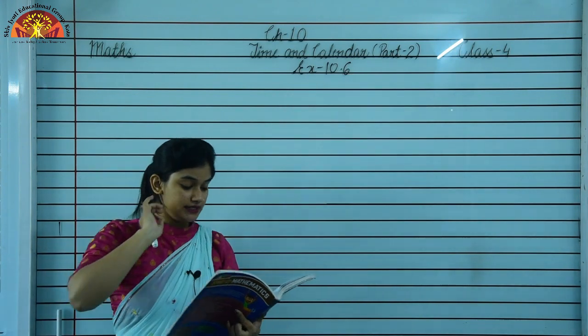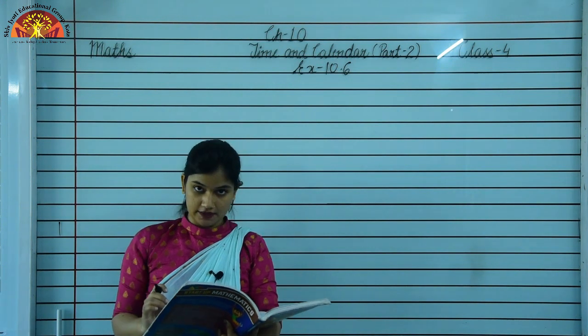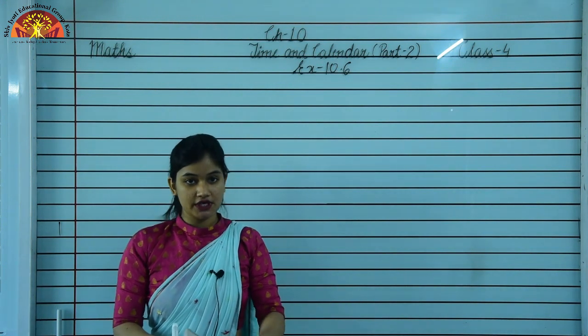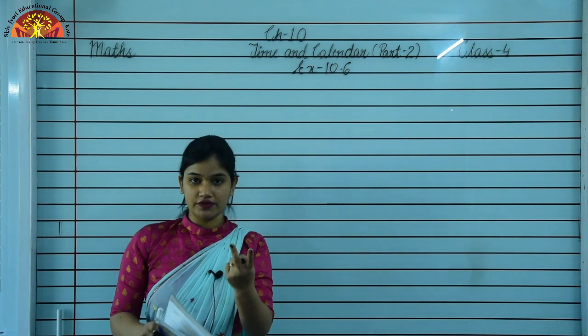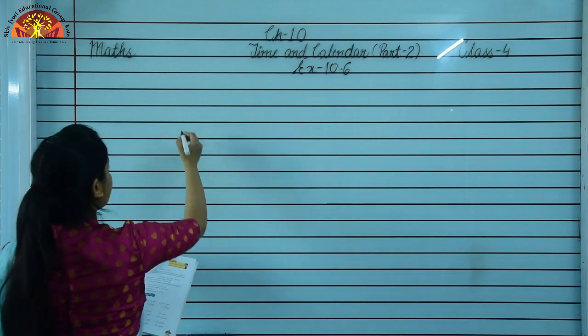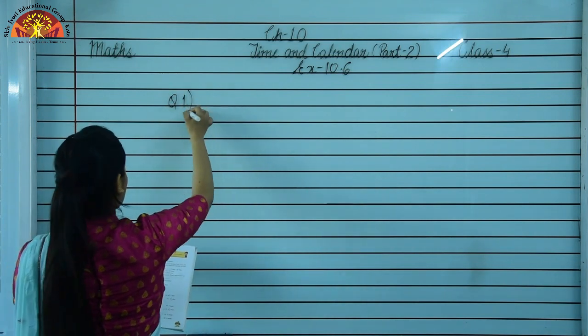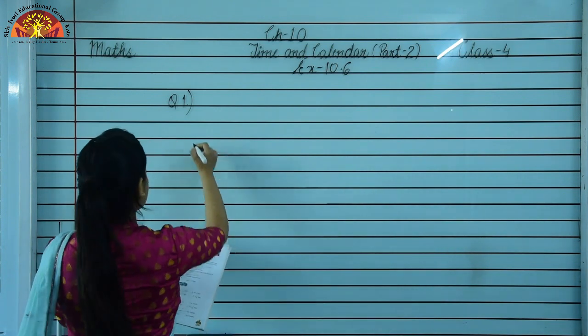In this exercise, question number 1 is write the duration of time. So now students, we have time here and we have to find the duration of time between the given time. Okay. So now I am taking a part of question number 1. Question 1 is write the duration of time from